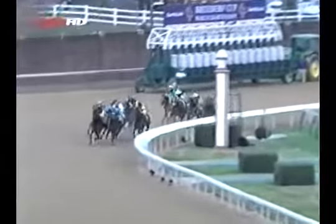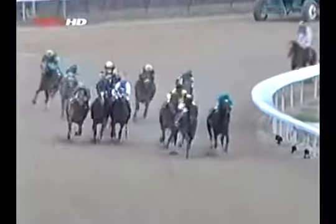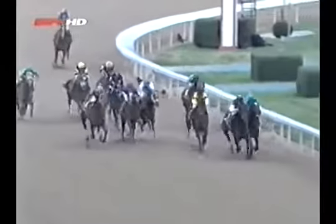Brother Derek is the leader. There's Lawyer Ron chasing him in 2nd. Now Bernardini has suddenly kicked it in. It looked like he might be battling, but Bernardini with a magnificent rush on the outside in the white sleeves, and Bernardini strikes the front in the Classic. Brother Derek running a huge one to his inside. In behind those two now, Invasor's coming home gamely as well down the centre. Bernardini, Invasor's coming with a good run down the centre of the track. Brother Derek tries to battle back along the inside, but Invasor, Bernardini, a thriller, but Invasor's